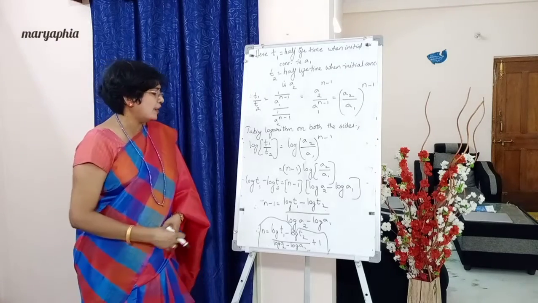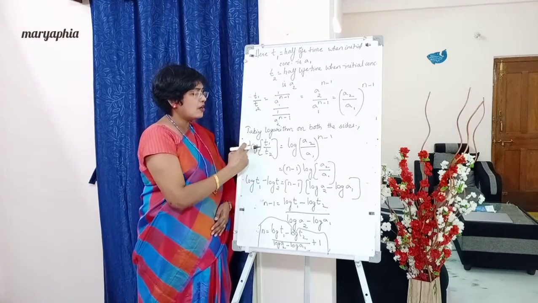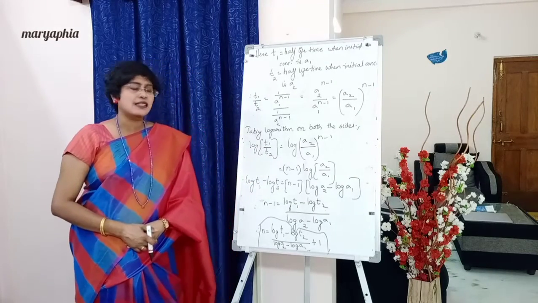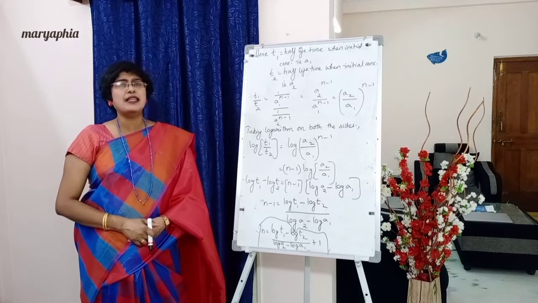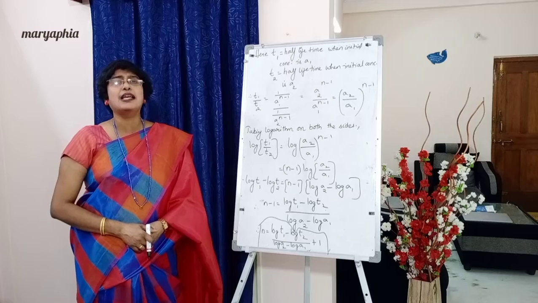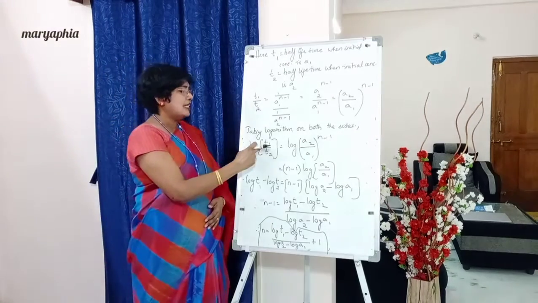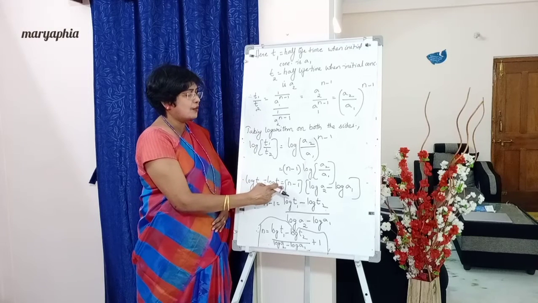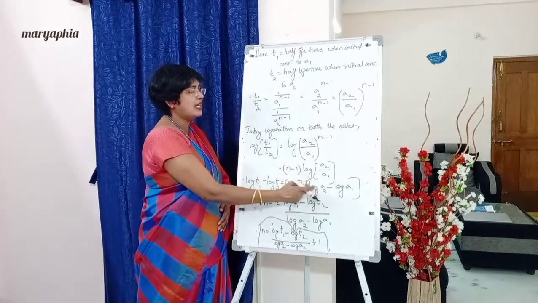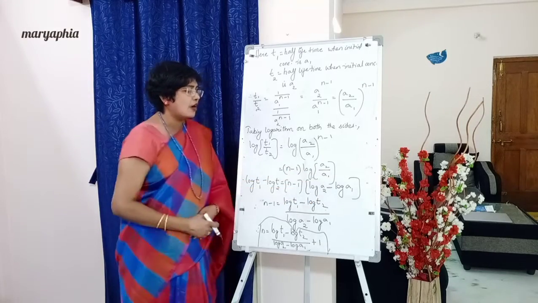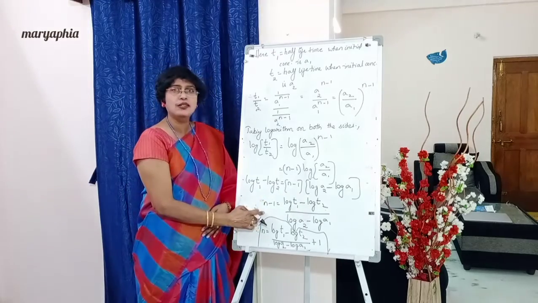Okay. Next, below write down: log T1 minus log T2. So log of T1 by T2 can be written as log T1 minus log T2. Previously, so many times we have come across this, log m by n equals log m minus log n. Do you remember? Okay. So log T1 minus log T2 is equal to (n minus 1) into, same as we will apply here also, log A2 minus log A1. Okay. Now bring this n minus 1 to the left side.